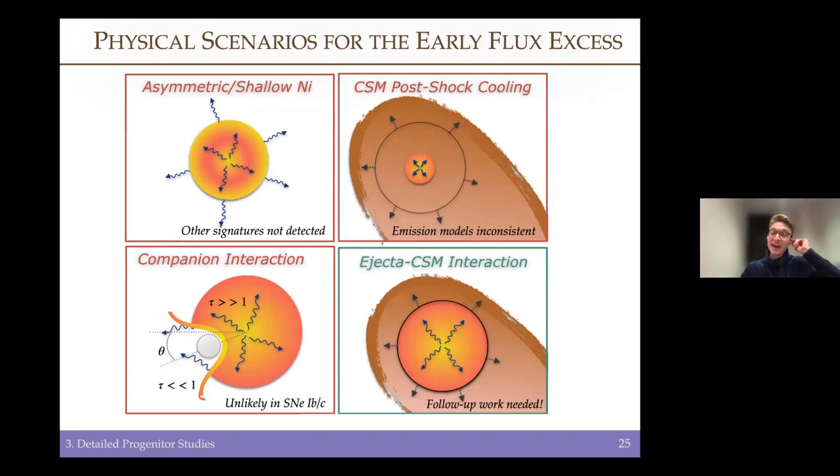As for what caused the early time excess, we explored a lot of different models. There's no smoking gun, so the question is still up in the air as to what caused it, but it seems like what's most likely is that past the initial shock wave propagating through the star and the CSM, there was some ejecta CSM hydrodynamical interaction at later times, and that's what you're seeing, which is what could potentially explain the latency between the initial start of the explosion and the early excess. But there are specific MESA models being run by collaborators right now to actually explore that configuration in further detail.